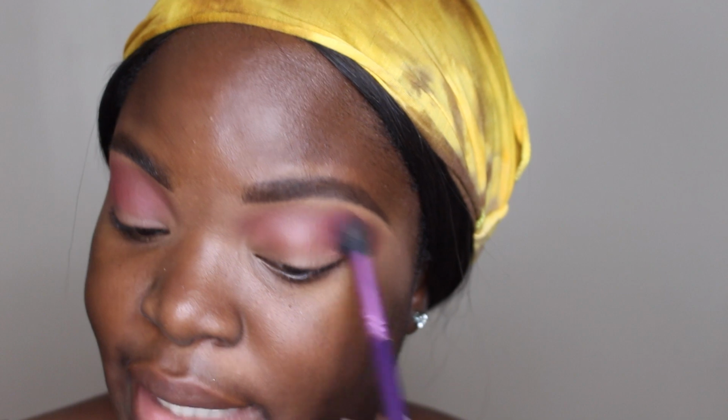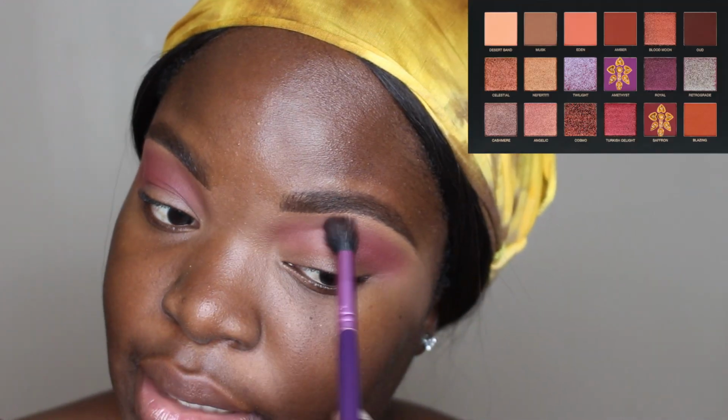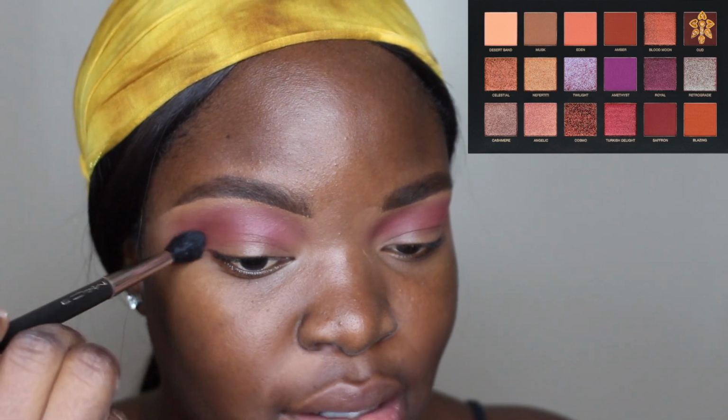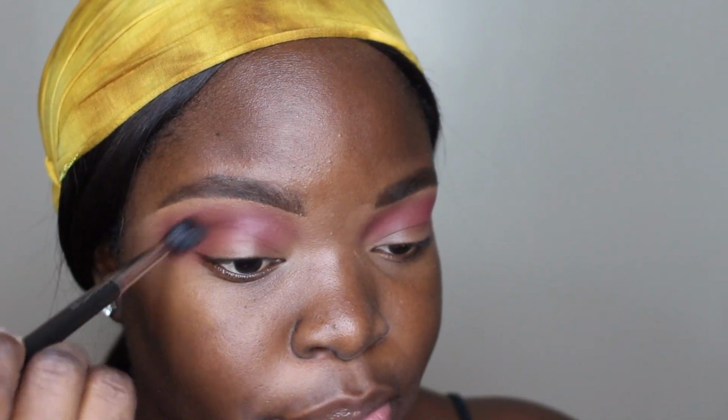So now I'm actually mixing saffron and amethyst together to deepen that beautiful purple color. All right, then I'm gonna go in with the color Oud, which is a darker brown, and I'm just going to concentrate that on the outer edge of my eye because we want to really deepen up the outer third right here. So I'm bringing that down into a V shape, and I'm taking the MAC 224 brush for this